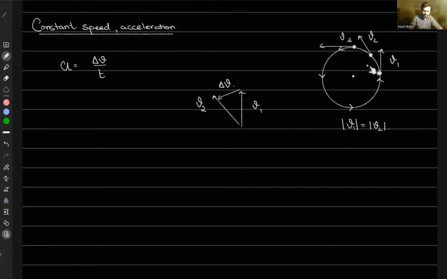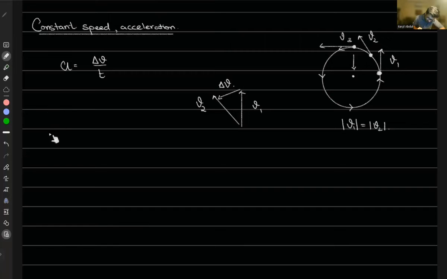Now as the body moves around this circle, the direction of the velocity is continuously changing, right? You can see that it's clearly evident. So the change is always happening towards the center of this circle. Now, this would mean that the particle has an acceleration, right? Acceleration vector is there, but it is of constant magnitude, but the direction is always towards the center of the circle. Now, because this acceleration is always going to be pointing towards the center of the circle, this is given a name as